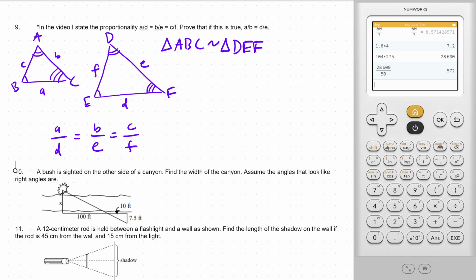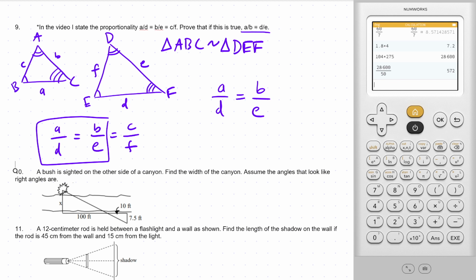All right, now what I'm going to say is that in order to prove that AB equals DE, just take these 2 statements from that proportionality statement, and I'm going to write it over here. So A over D is equal to B over E. We can't go across triangles, right? So like A over D, or we can instead do,